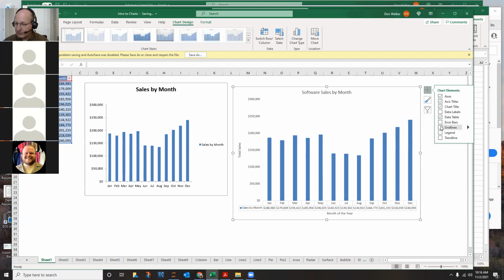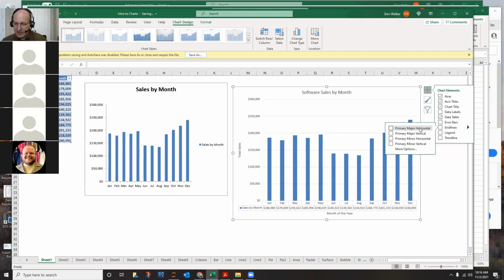Grid lines are useful. Grid lines are an extension from the axis on the left and go across, so that on something like a line chart or a bar chart, you can go across. It makes it easier to tell if it's above or below a particular line. And of course, since you have this arrow next to it, I wish they'd standardize. Usually it's dot dot dot instead of a big black arrow. Anyway, you can put them